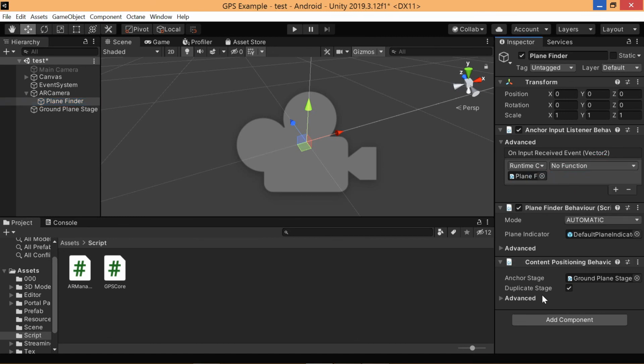And also in here is duplicate stage. It means when you double click or click several times on your screen or on your button, it will instantiate a new prefab exactly at that position. We don't need it, so we will check it off. Okay,